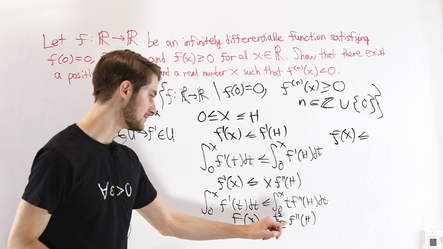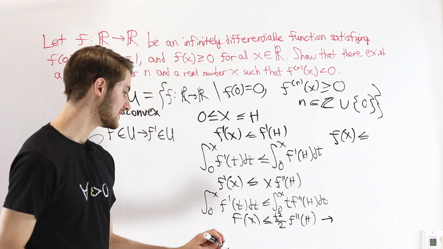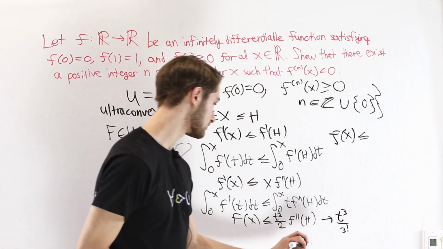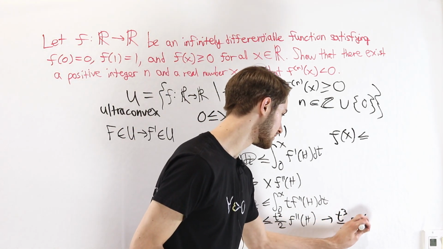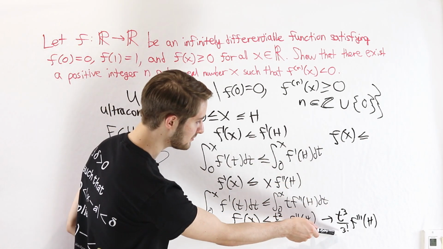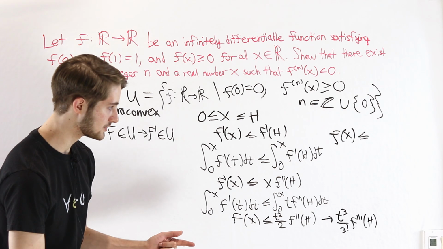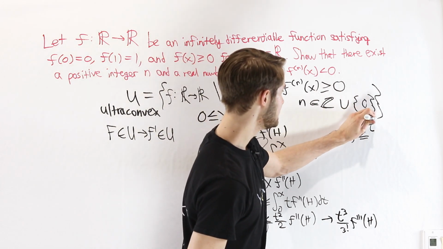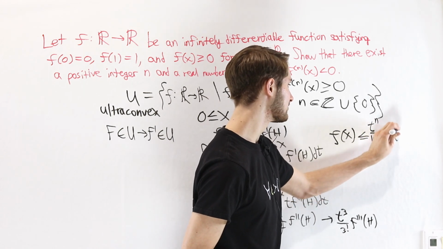We have t squared over 2 times f double prime of h. If we integrate this with respect to t, what we're going to get is t to the third over 2 times 3, which is 3 factorial. And then since we go from f to f prime to do that, we'll have f triple prime of h. If we do it again, we're going to have t to the fourth over 4 factorial, since 4 times 3 factorial gives us 4 factorial. And then with an extra step, we're going to go from the third to the fourth derivative. In general, we will have t to the n over n factorial times the nth derivative of f evaluated at